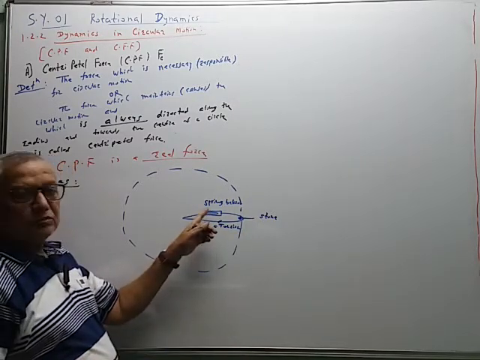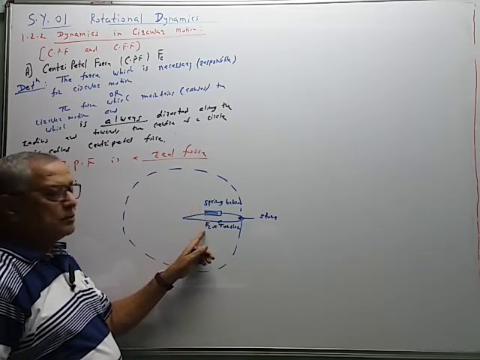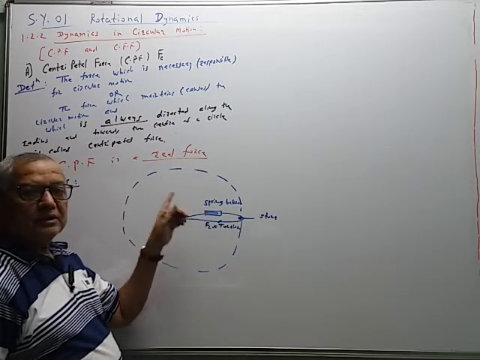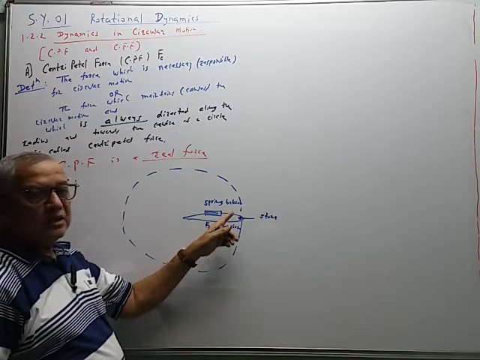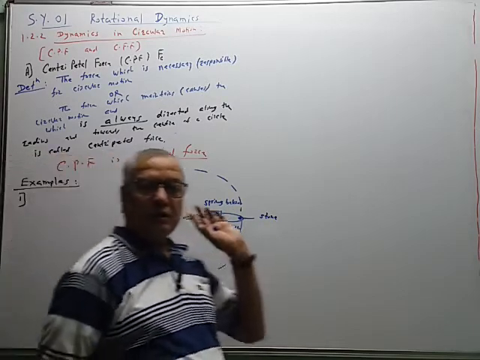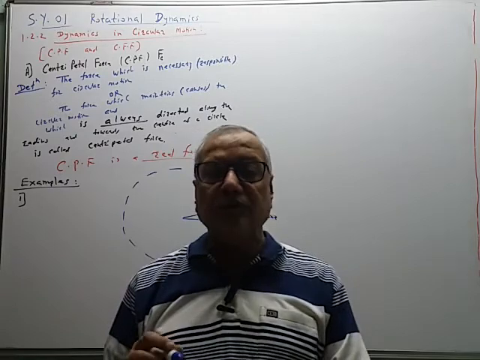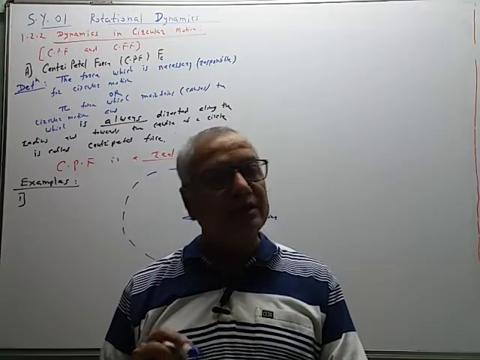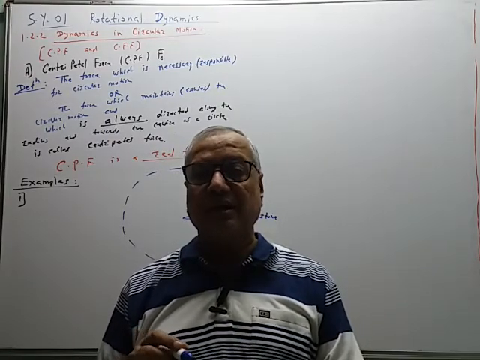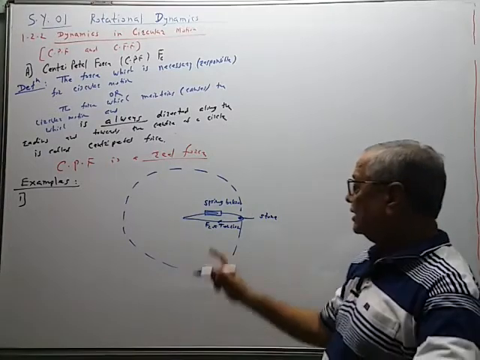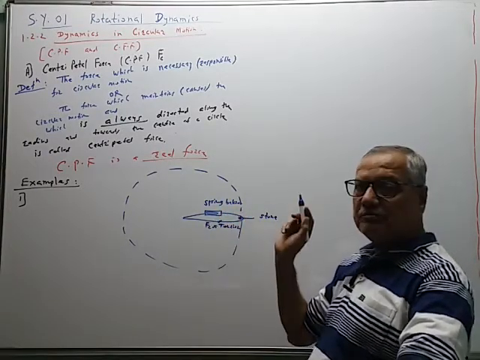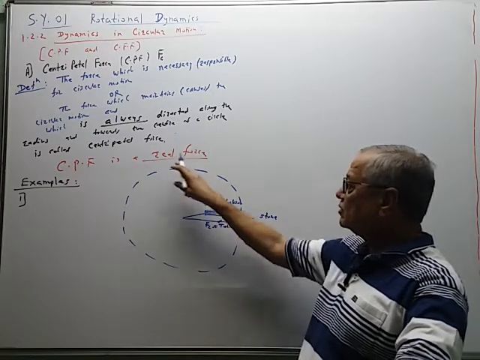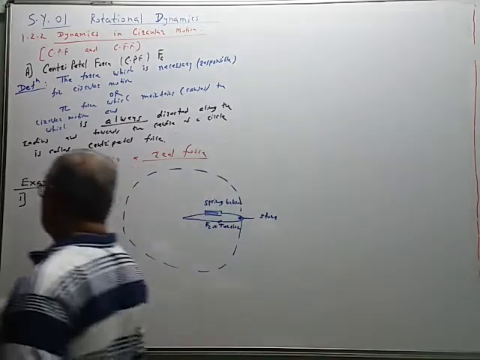The pointer of the spring balance will show the reading of the centripetal force, the tension applied by our hand on the stone. Why? Because it is a real force. So the spring balance is used to measure real forces. Using a spring balance, we measure the weight of a body. Weight means gravitational force, and gravitational force is a real force. It is one of the basic real forces, and it is measured by a spring balance. So spring balance measures real forces, and therefore we can measure this real force using a spring balance. So this is the first example.